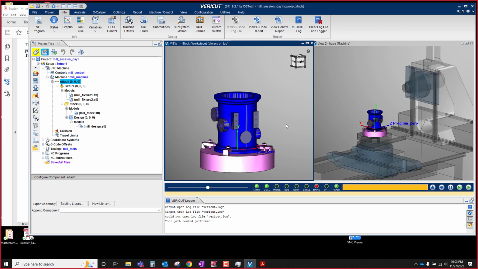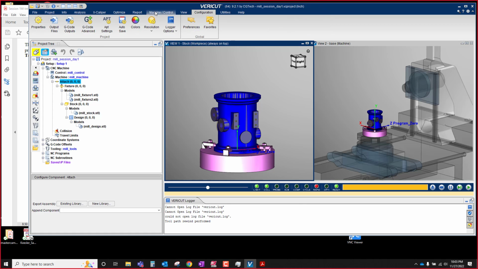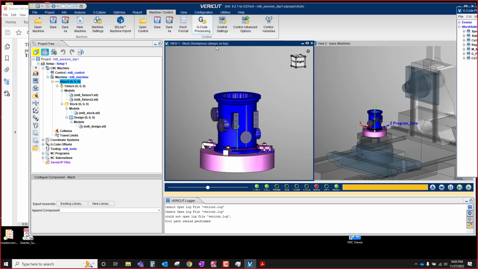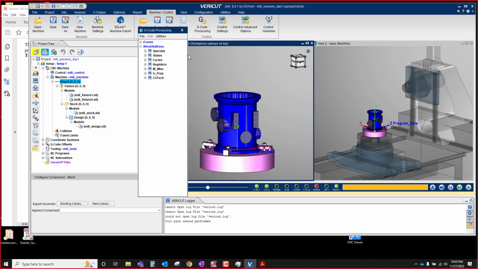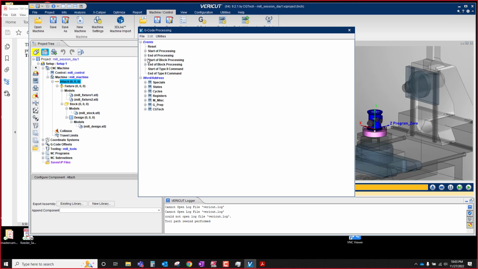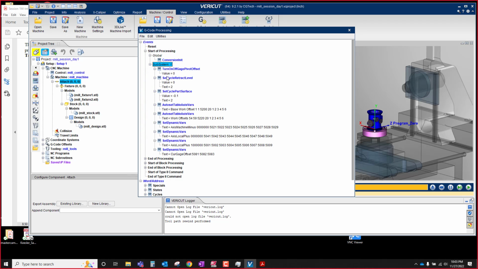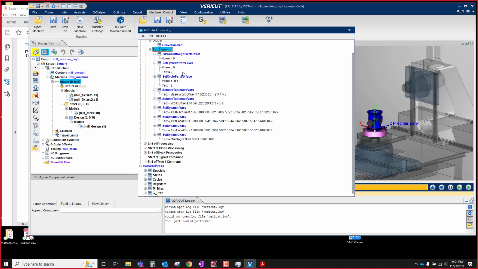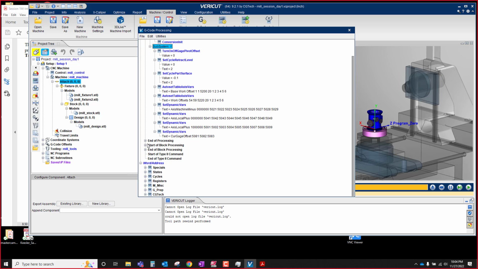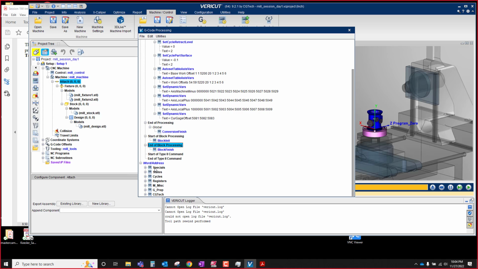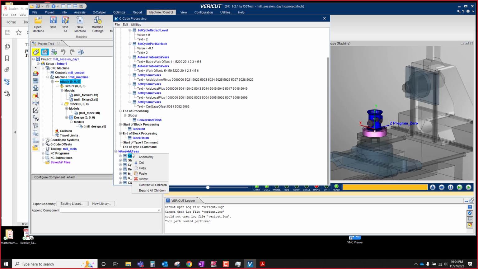Yeah, that's amazing. Dude, Vericut is absolutely bonkers when it comes to the stuff you can do. If you start looking at the machine and control files, and you start looking at the G-code processing window, basically you set up all these events. Here at the start of processing, here's all the values that it's going to set. It's going to set a bunch of dynamic variables at the start of block processing, end of block processing. You can have it do all these different events. But then when you get into word address,